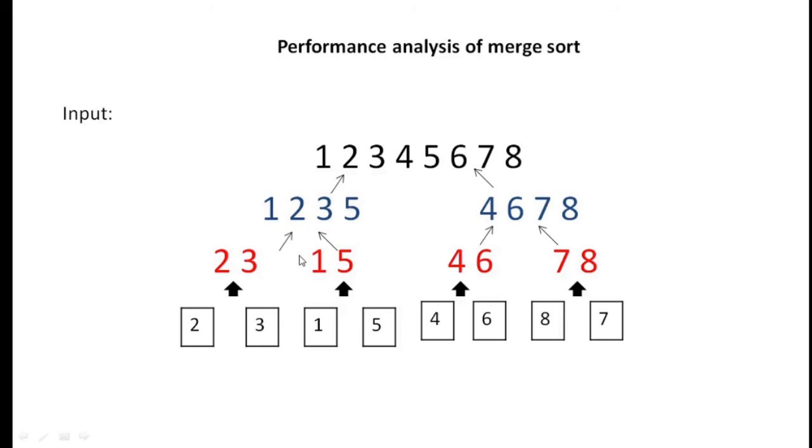If you look closely, in general there are 4 comparisons made here. Firstly we compared 2 and 1, and we got 1 is smaller. Then we compared 5 and 2, and we got 2 is smaller. Then we compared 3 and 5, and we got 3 is smaller. And then we compared infinity and 5, and we got 5 is smaller. So in total there are 4 operations being performed. The operation is a comparison operation, so it is taking 4 time.